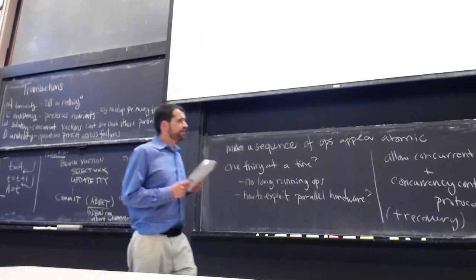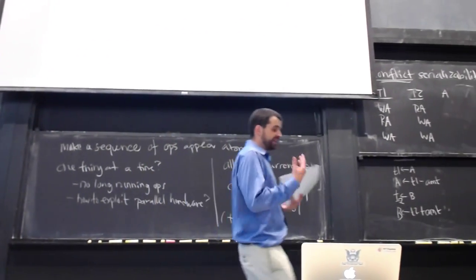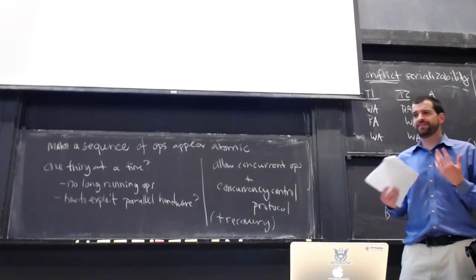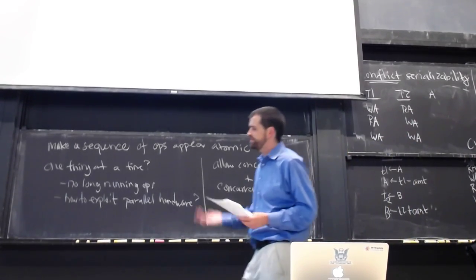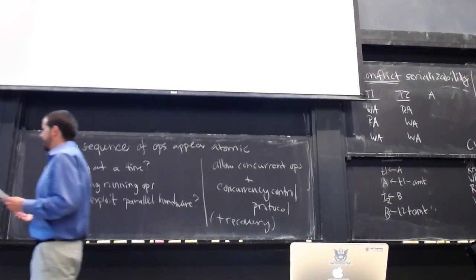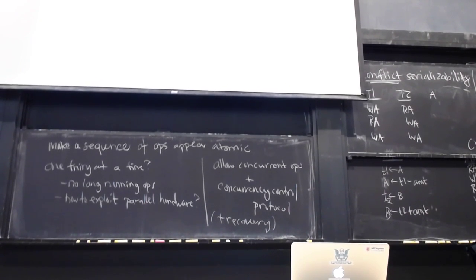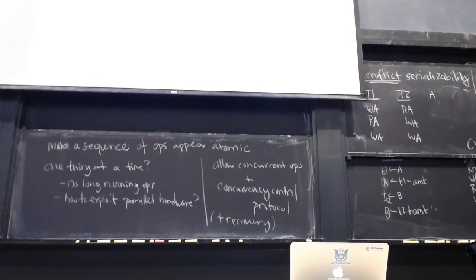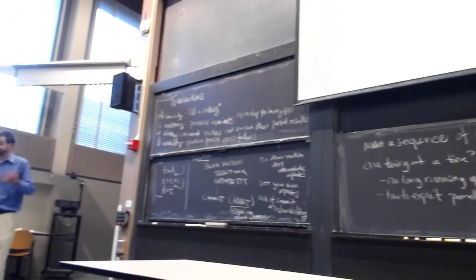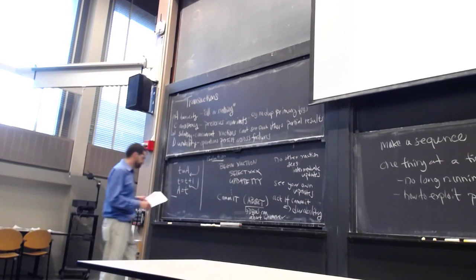Okay, so now we kind of understand we have this notion of schedules, and we can test for a schedule, but we need a protocol that, as the database system is running, as it's reading and writing objects, can guarantee that we end up with something that's serializable. You could maybe build a database system the other way, but it sounds like a bad way to build it, where you just run stuff and then after the fact test and see if it was in fact serializable. You'd like to have the system, as it's running, guarantee that things happen in some serializable order. That would be the most natural way to build the system.